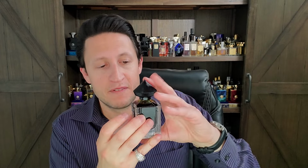and I will do individual reviews of these. Somebody asked me, when are you going to review Royal Barn and Cuirtis? And I will, but I want this to sit for a little bit with some air in the bottle after I've sprayed it and worn it, and I want to see if it changes a little bit and opens up, as some fragrances clearly do. But he mentioned that this was almost